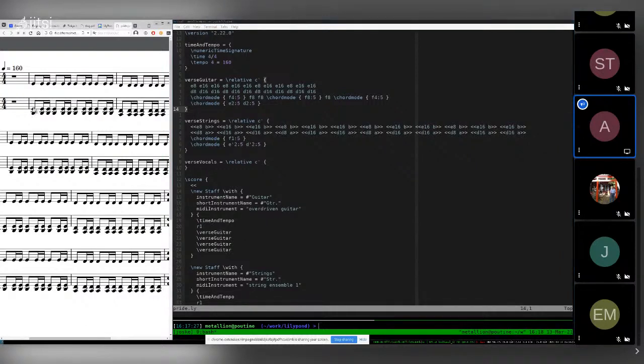And then down here in the string section, there's a new concept, which is 2 notes being played at the same time. And there's a couple of ways to write that in Lilypond. And over here, this is a chord. So I'm just saying, give me an E and make it an 8 note.